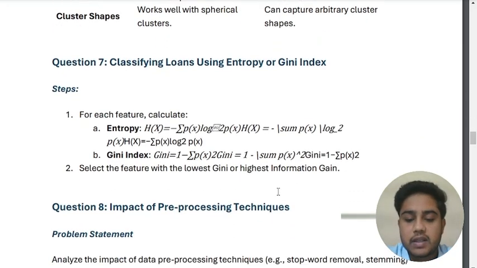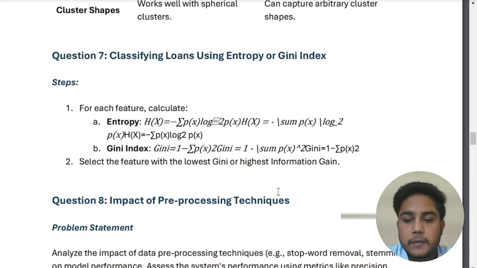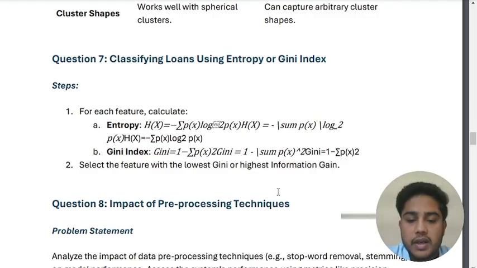Question number 7. Classifying loans using entropy or Gini index. Finally, let's classify loans into risk classes using entropy or Gini index. H of x equals minus summation p of x log 2 p of x, and the Gini index,